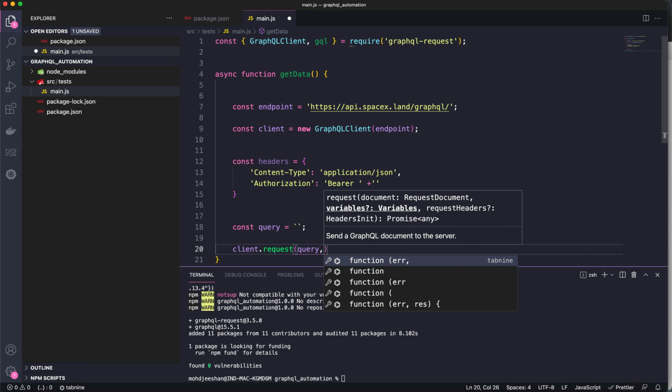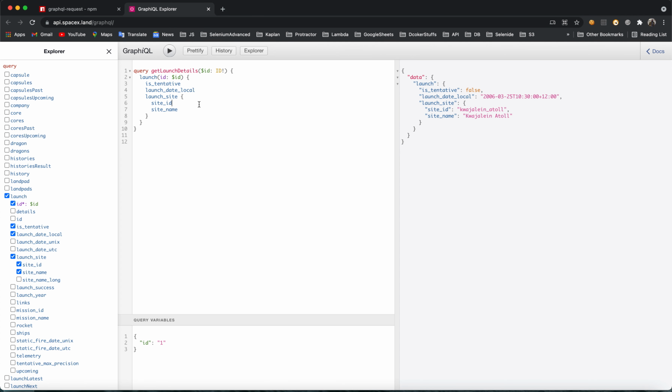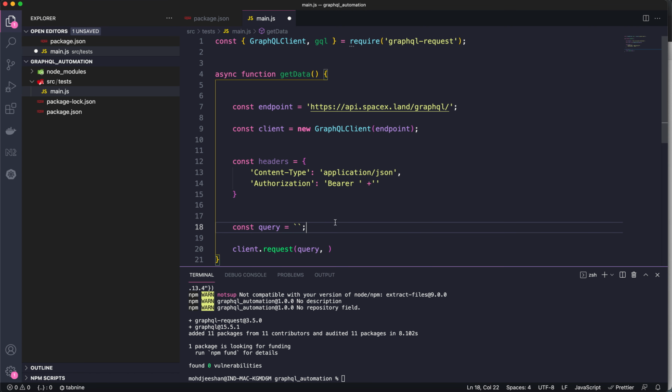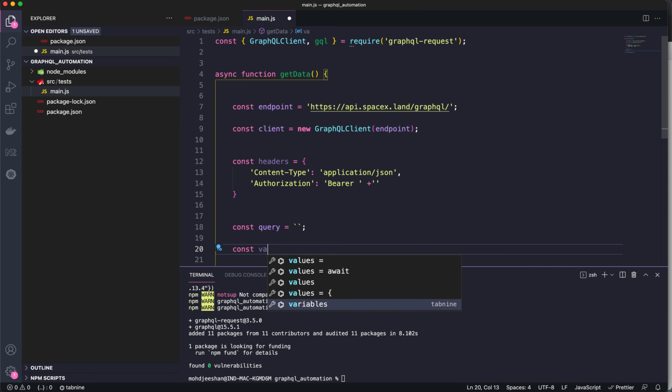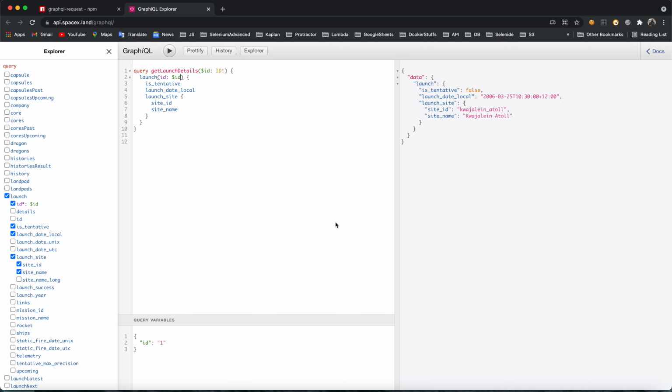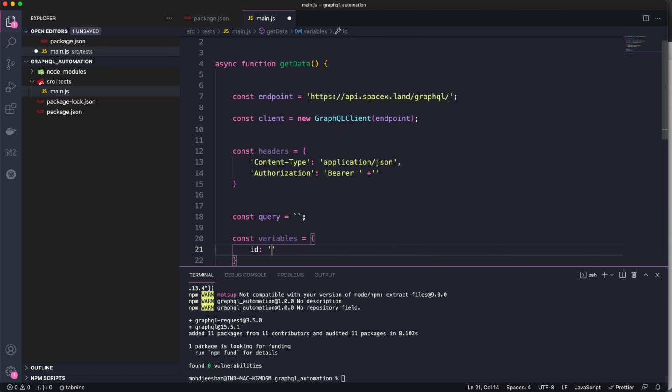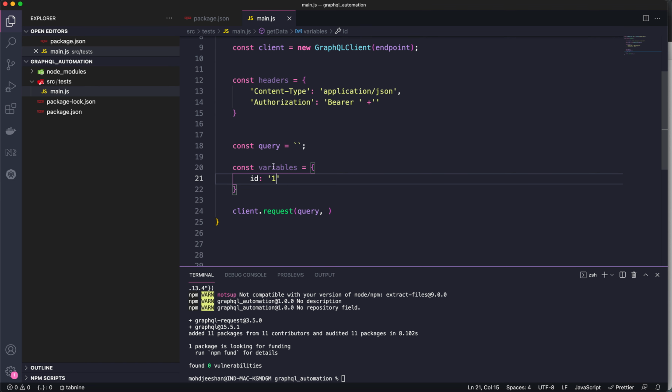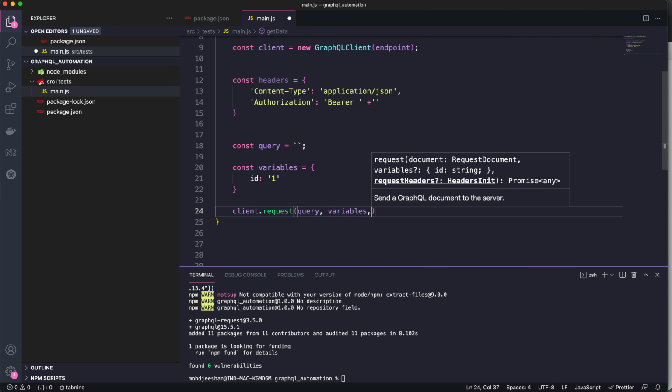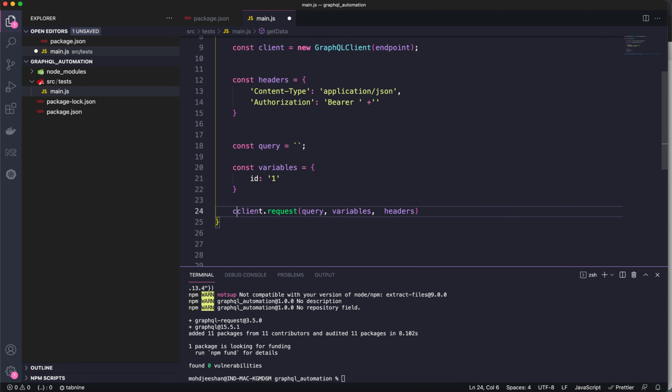Okay, so the second parameter accepts variables, right? I was telling you previously, you cannot pass the data something like this because it will become hard coding. So the way we pass this data in the GraphQL queries is in the form of variables. Suppose I have certain variables, right, this is a variable, this ID, so you have to pass this ID, and the value is 1. Now you can pass the variable here, and it can take headers, and you can just say const,